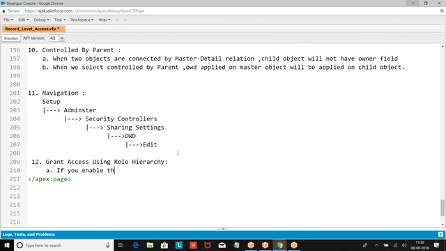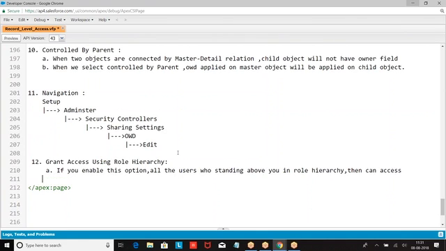If you enable this option, all the users who are standing above you in the role hierarchy can access all the records that are visible to you.